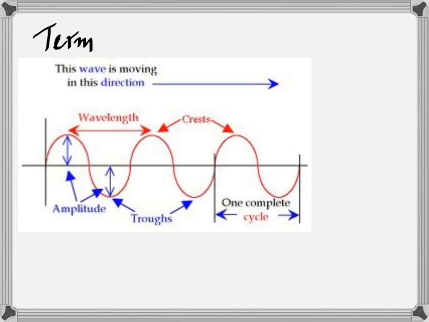A wave is a disturbance in a medium, and you can see the direction in which the wave is moving. It's along the positive x-axis. Like I explained to you, you can already see the wavelength, the crest, the troughs, the amplitude, the meaning of one cycle. Everything is clear from there. This is what I've been trying to explain, and a little bit more. I did explain more than this. Okay.